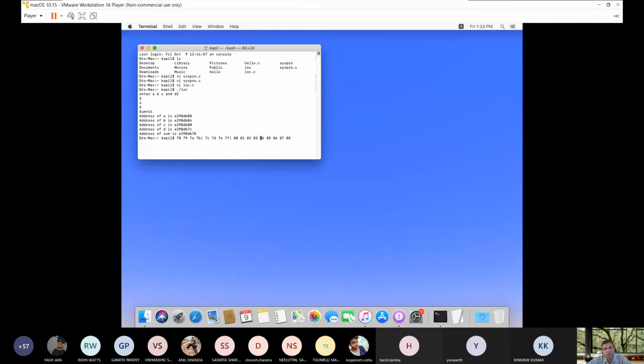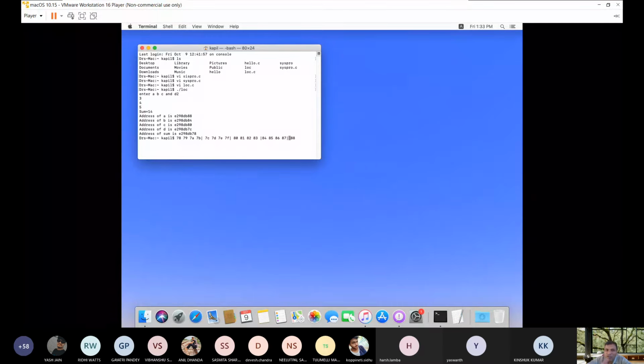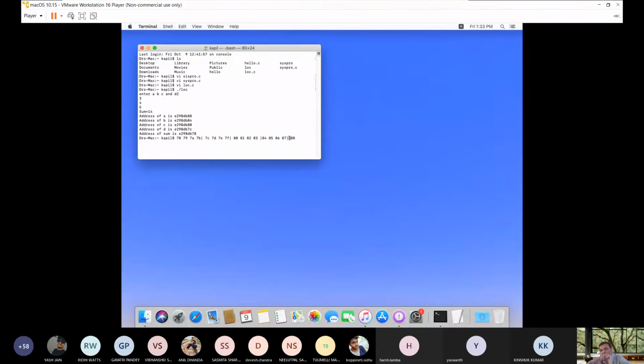The next address will start from 84, 1, 2, 3, 4, and after that the last address will start from 88. One space shows 1 byte, so 4 spaces show 4 bytes, and the size of an integer is 4 bytes long. That's why these addresses are coming. My program was written to find the address of each variable.